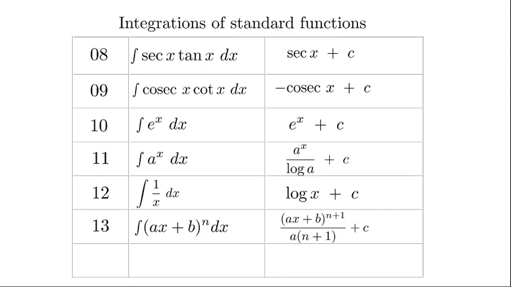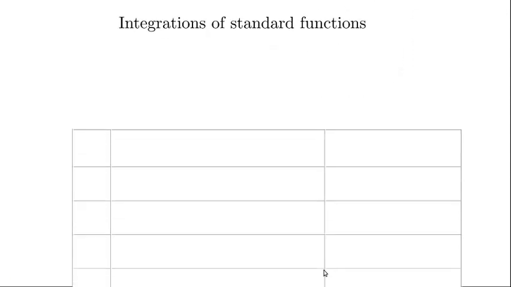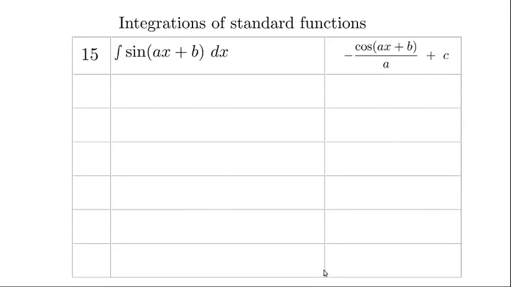So x is replaced by ax plus b. In all these formulae up to 12, if x is replaced by ax plus b, then we divide by the coefficient of x. That means integration of (ax plus b) raised to n dx will be (ax plus b) raised to n plus 1 upon (n plus 1) into a in the denominator, not divided by, it is multiplied by. Similarly, integration of 1 upon root of ax plus b dx is 2 times root of ax plus b upon a plus c. That means we multiply by a in the denominator, or we divide the whole expression by a. And now the trigonometric functions of these composite functions.